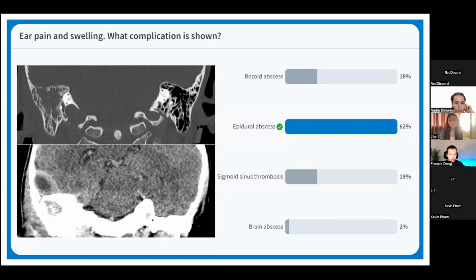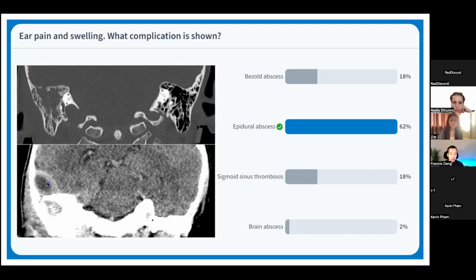And a majority of you got the answer correct, which was epidural abscess. So what is to be recognized on the bone window images is that there is coalescence of the mastoid air cells consistent with coalescent mastoiditis. There's dehiscence of the tegmen mastoideum, and this offers a route of spread of infection from the mastoid cavity into the intracranial compartment. And what we see here on this non-contrast coronal image is that above the mastoid tegmen, there's